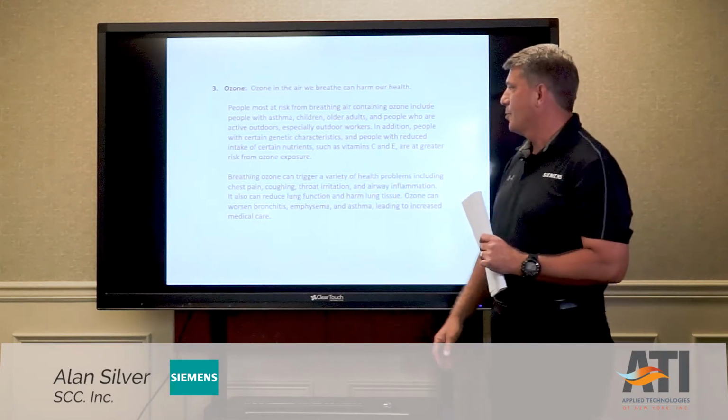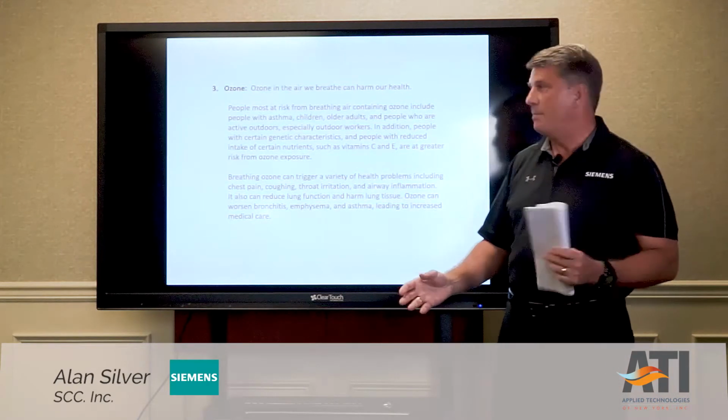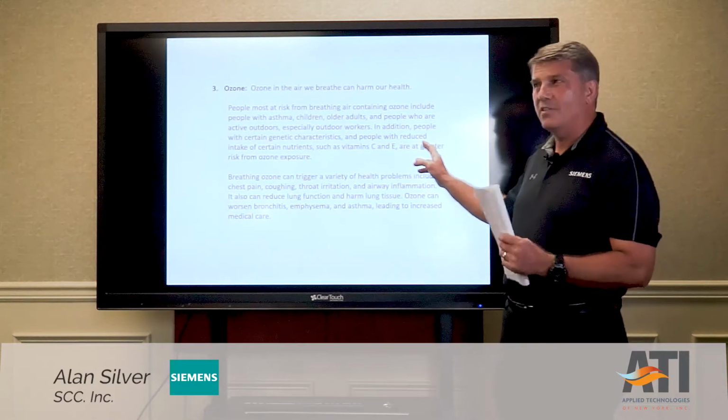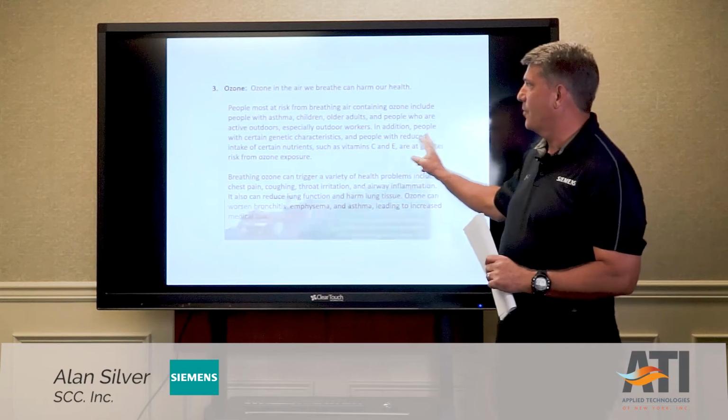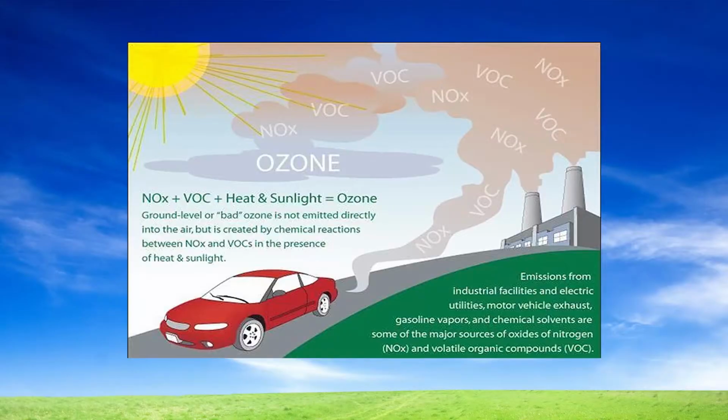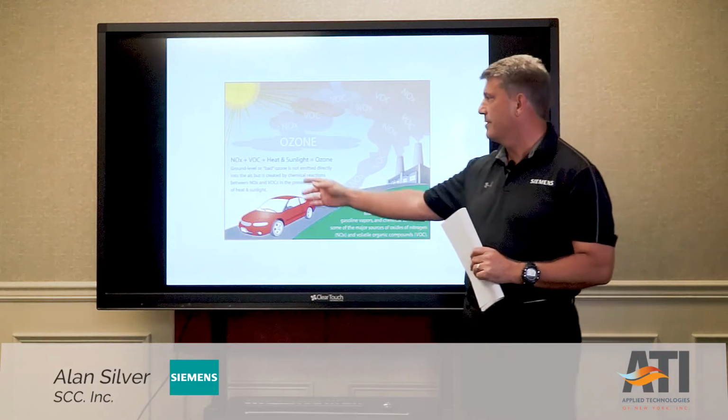nitrogen oxide. So we have to be very careful about making sure that the area that we live in and breathe in doesn't exceed the national air quality standards for ozone. Again, very easy how this is made. You have NOx in the atmosphere, volatile organics that come from automobiles and manufacturing facilities.